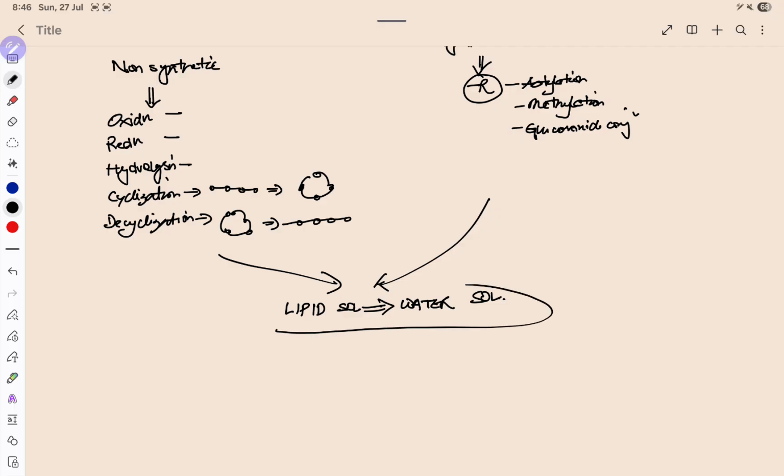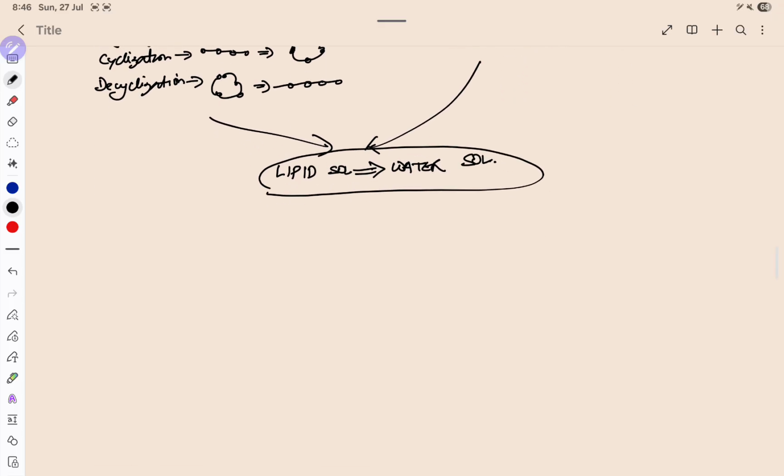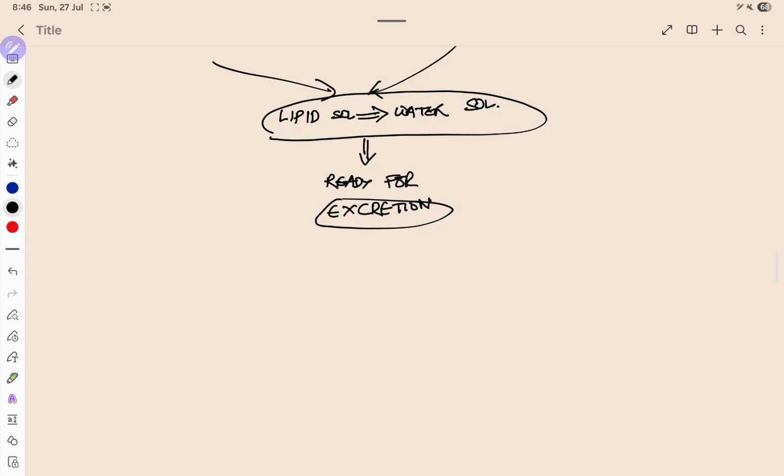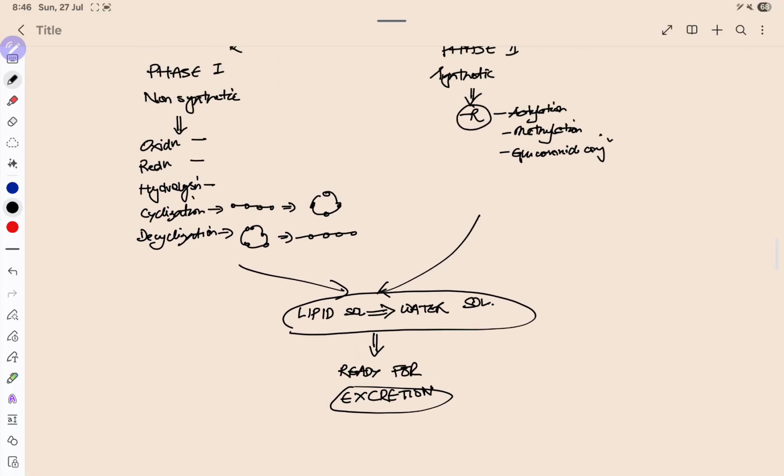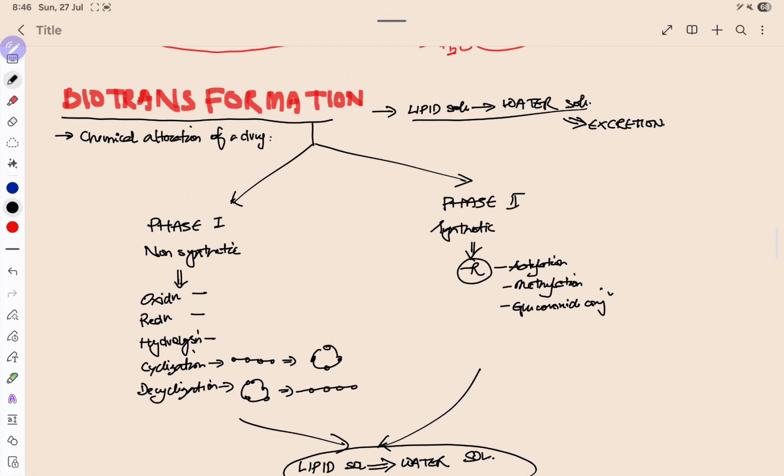Now, this step has made that particular drug ready for excretion. Again, excretion could be hepatic or renal, but renal excretion is more commonly asked as a part of long question. Now, this excretion would be dealt in a separate class, but